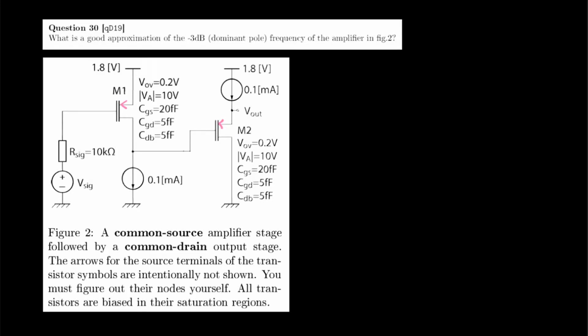This video will discuss the solution to question 30. What is a good approximation of the dominant pole frequency of the amplifier in figure 2? Firstly, we have to take a look which node is most likely to be responsible for the dominant pole of